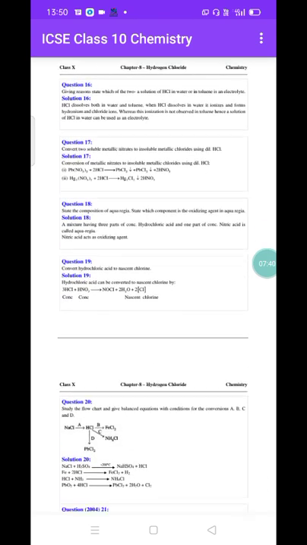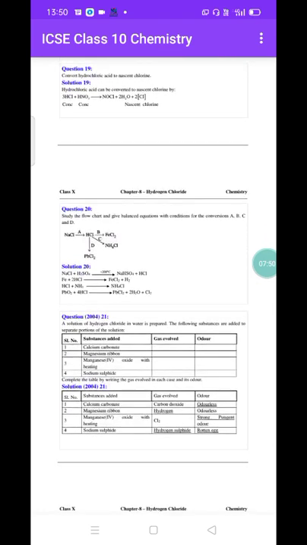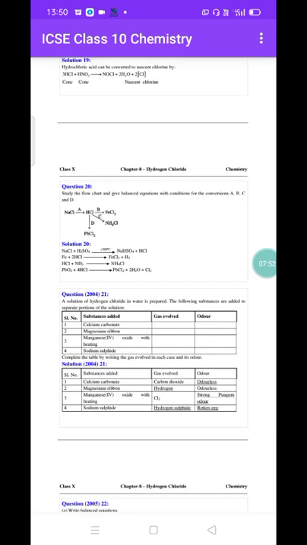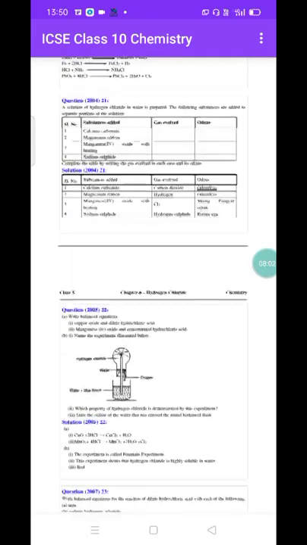Now, convert HCl to nascent chlorine. I have already discussed this today in class: you do it by forming aqua regia. The flowchart has been given, which you have to study and write the right answers. This is a very important question and does come in your exam. Please prepare properly. Now the questions have started.